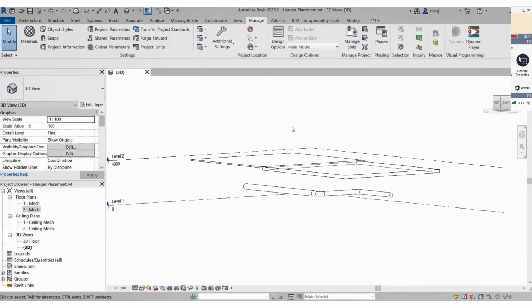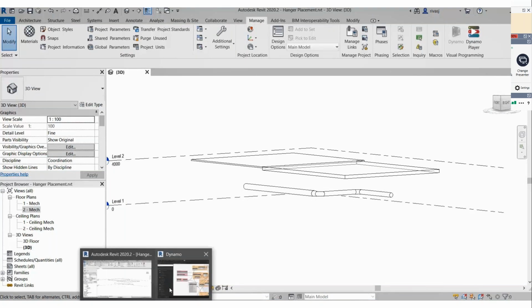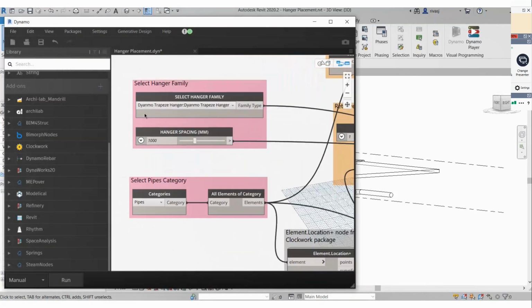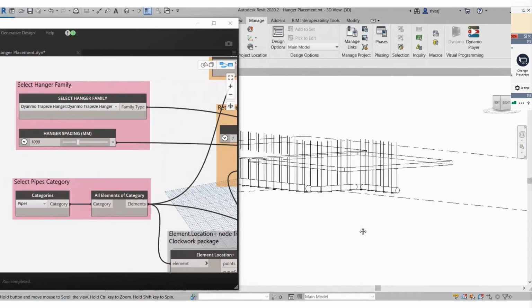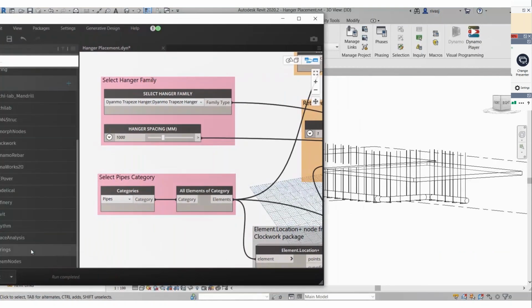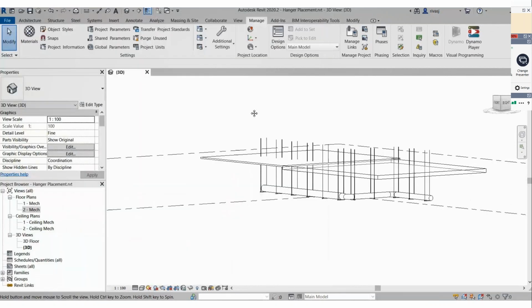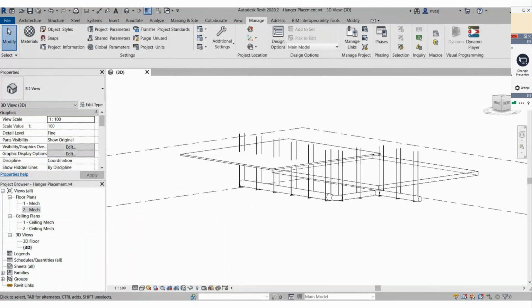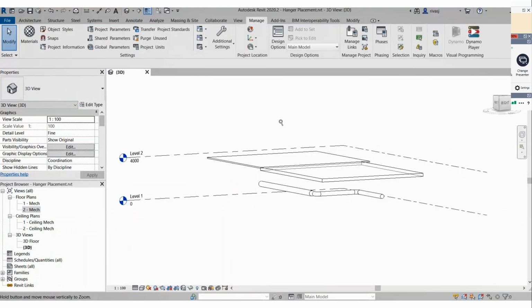And again, it will save you a few clicks within the Revit environment. Here you can add more parameters in terms of automating the spacing between the hangers and the type of hanger you want to place. Anytime you want, you can change that value. And this is something which is repeatable. It's not a one-time thing where for every project you might have to redo this. Once you've spent the time developing the script, it can be leveraged across multiple projects by multiple people.